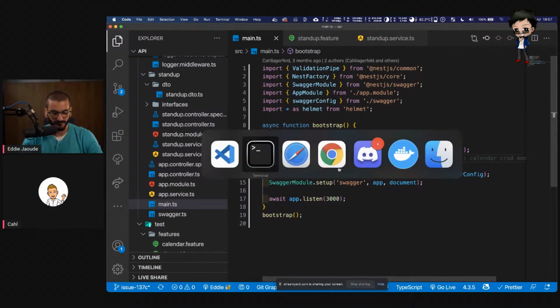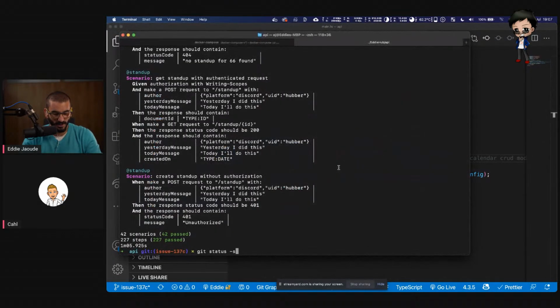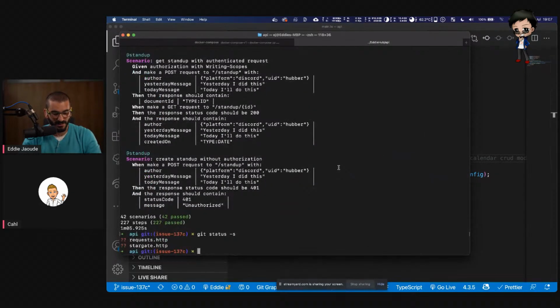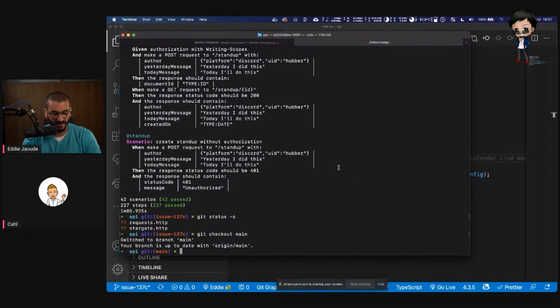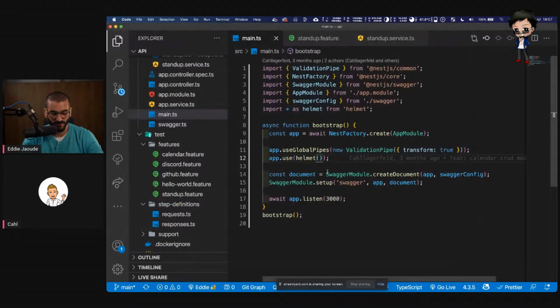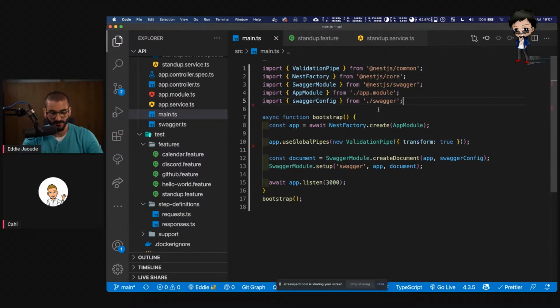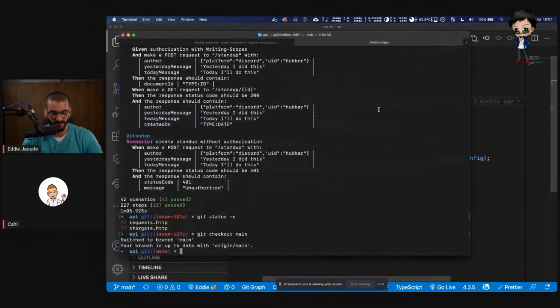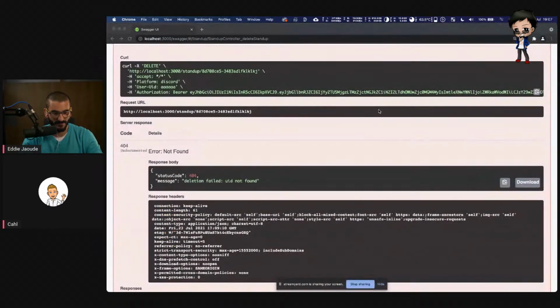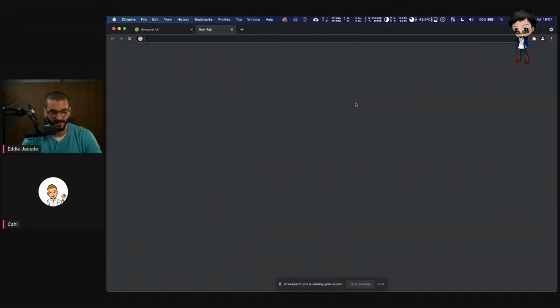So that worked because we're happy with that. Let me go to main. I want to be very naughty and not do this via a pull request. I'm just going to make that change. If I delete helmet, it's going to reduce the security of the application, but it's just a temporary thing to see if it works, and to prove that we have an issue with